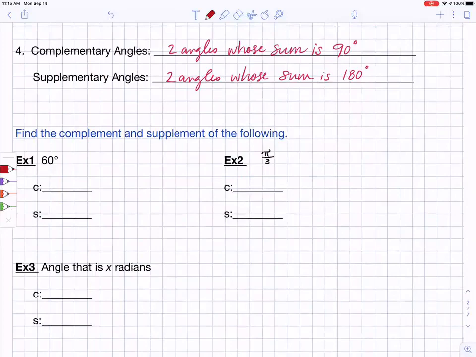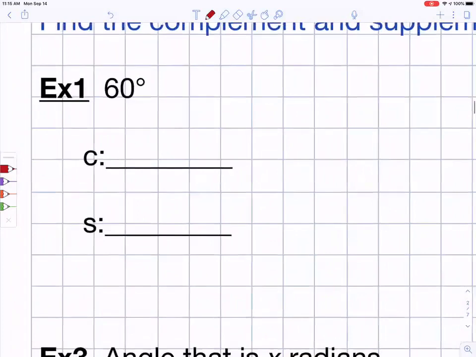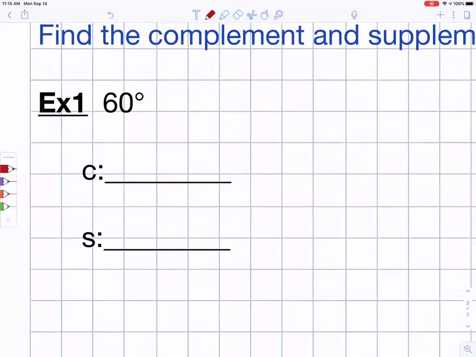All right, so if you have an angle that is 60 degrees, how do you find this angle's complement? Subtract it from 90, very good. And so if you subtract your angle from 90, what do you get? 30 degrees. How do you find that angle's supplement? Subtract it from 180 and you would get